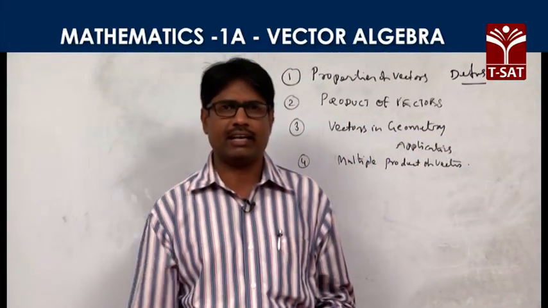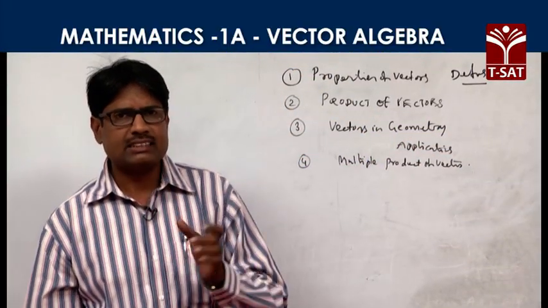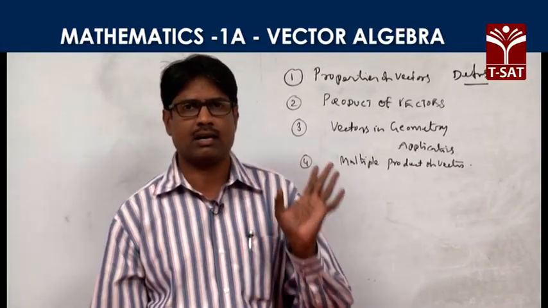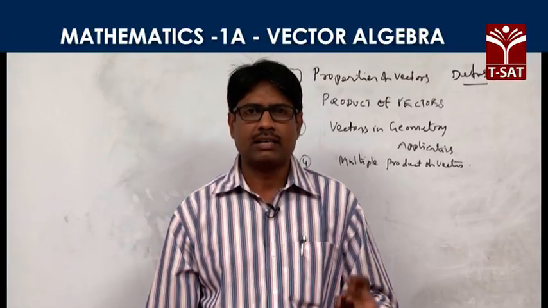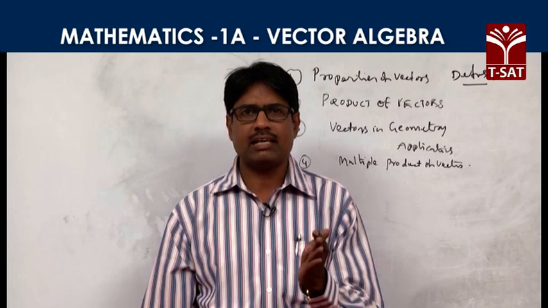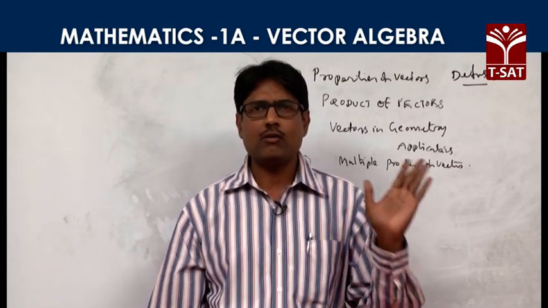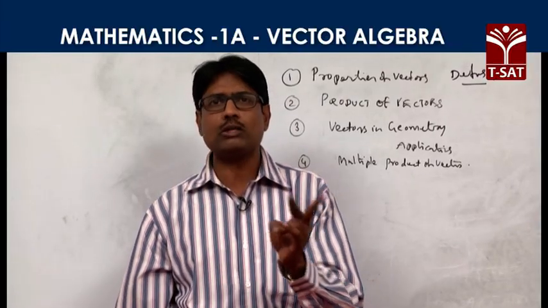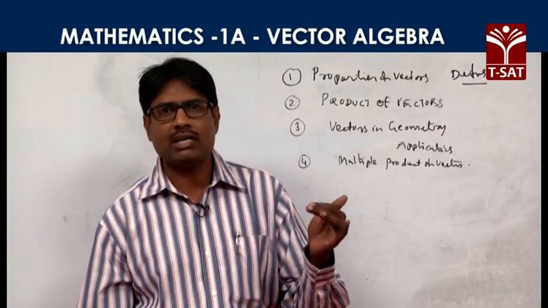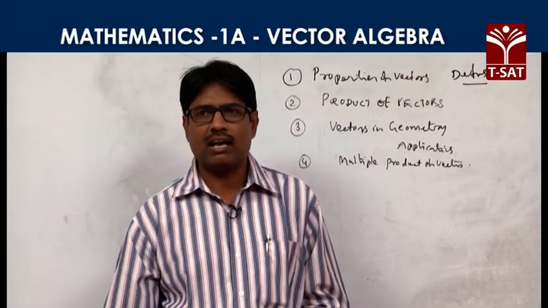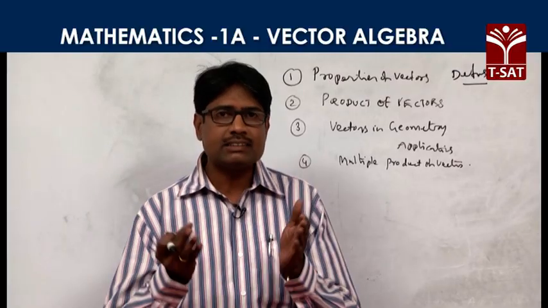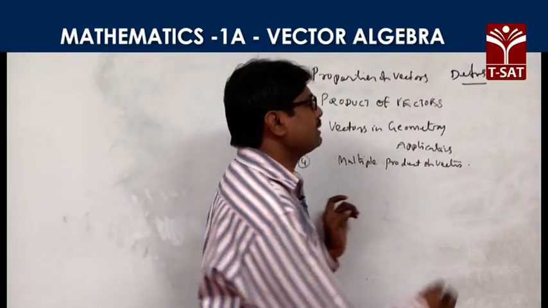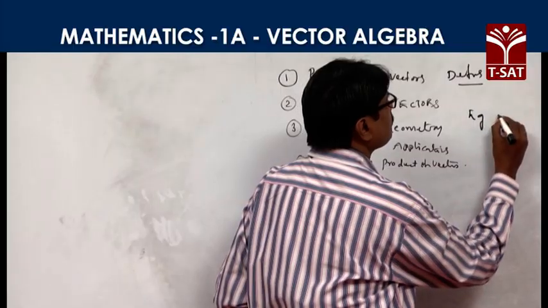What is a scalar quantity? Dear students, scalar, the physical quantity which is concerned with only the magnitude, that is called a scalar. Like for example, real numbers, temperature, time, these are all scalars, which are concerned with only a magnitude. A physical quantity which is concerned with both magnitude and the direction, that we call as a vector. For example, velocity and acceleration are concerned with both magnitude and the direction, that we call as a vector.